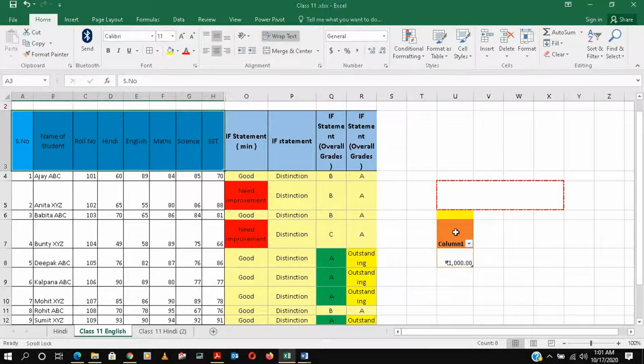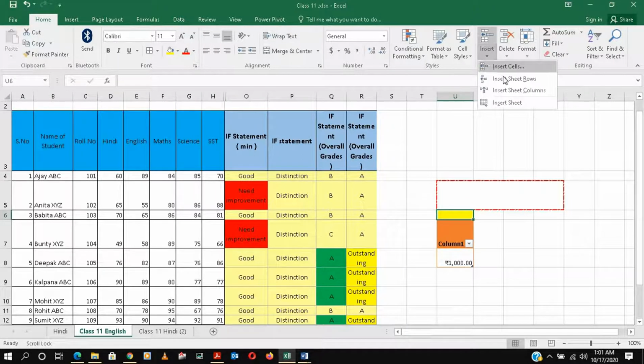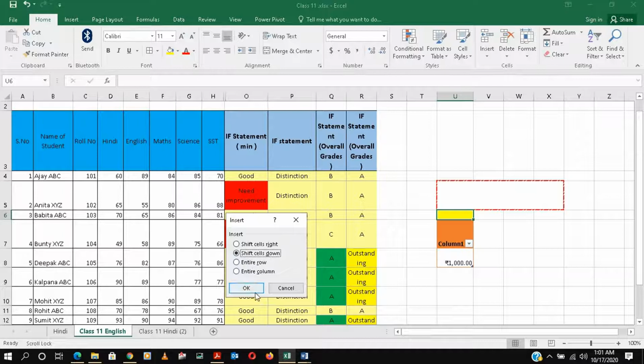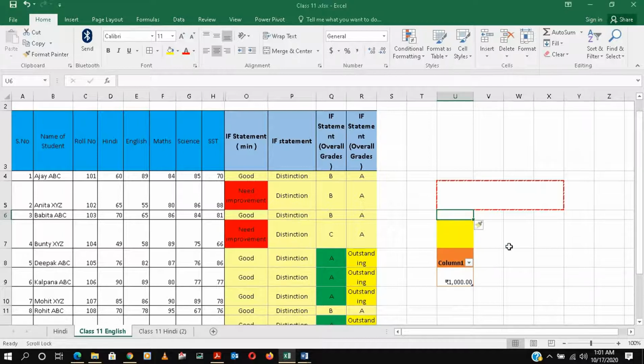Insert: suppose you want to insert something in between, you click here and go to Insert Cells. Where you want, shifting down or shifting up, you can click here. So many things you can do. Then insert sheet, insert column you can do.